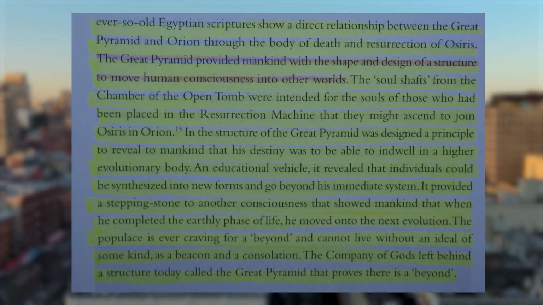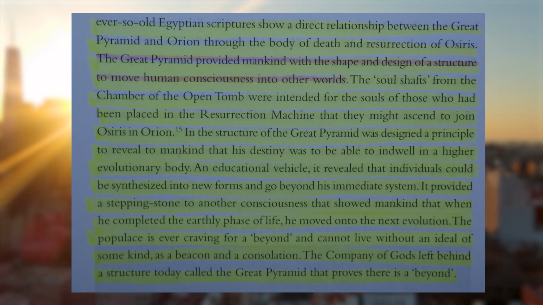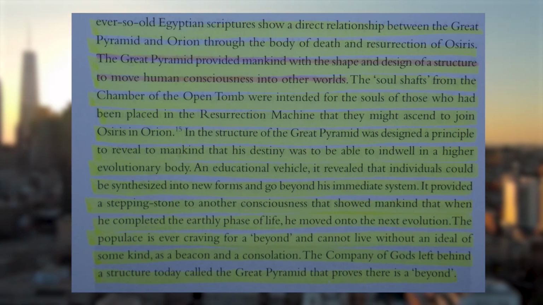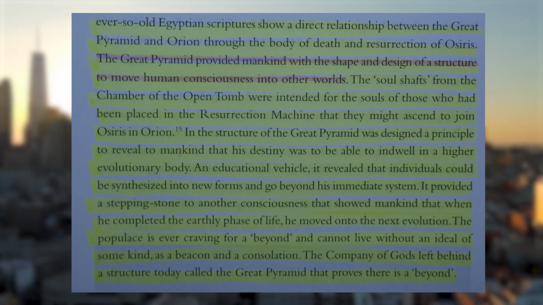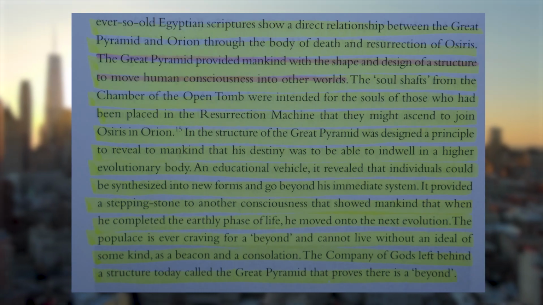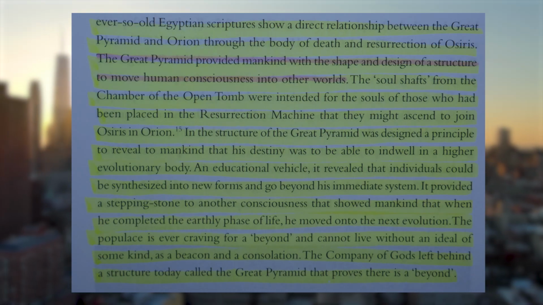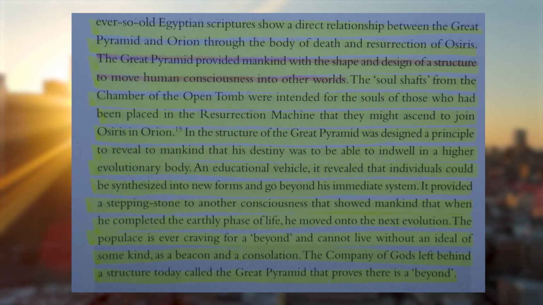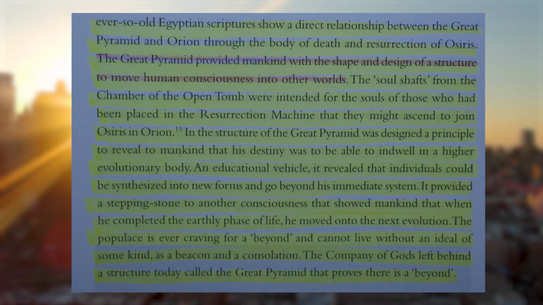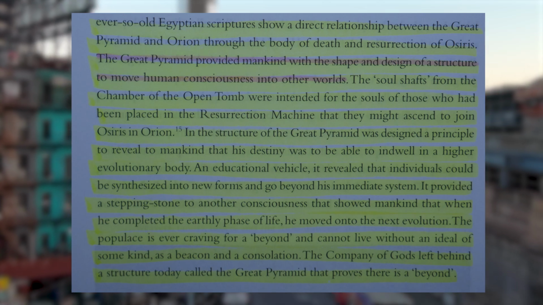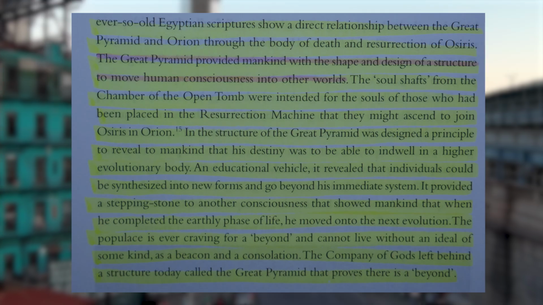Those ever so old Egyptian scriptures show a direct relationship between the Great Pyramid and Orion, through the body of death and resurrection of Osiris. The Great Pyramid provided mankind with the shape and design of a structure to move human consciousness into other worlds. The soul shafts from the chamber of the open tomb were intended for the souls of those who had been